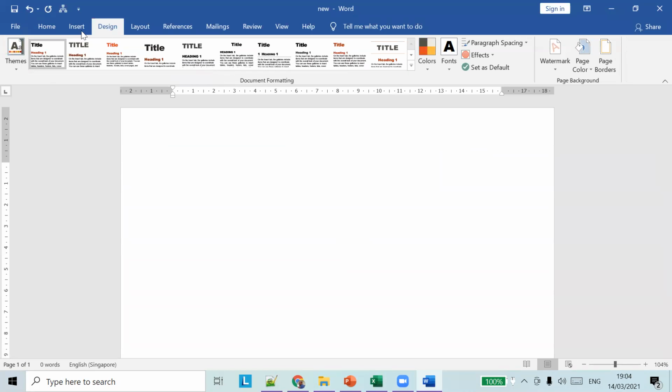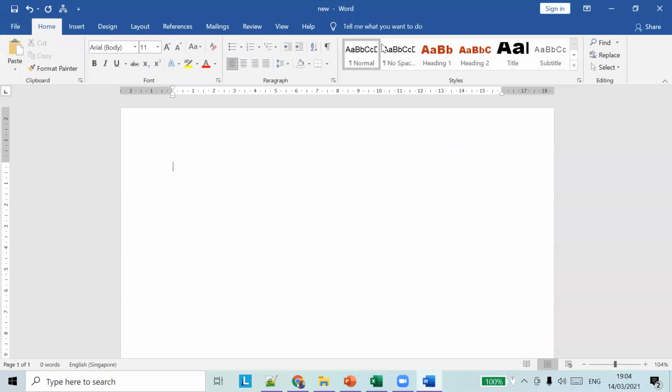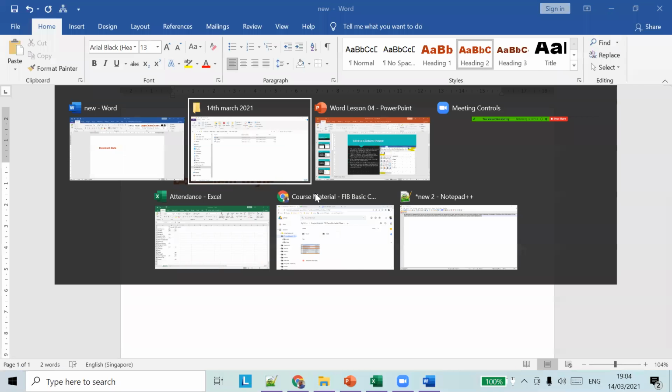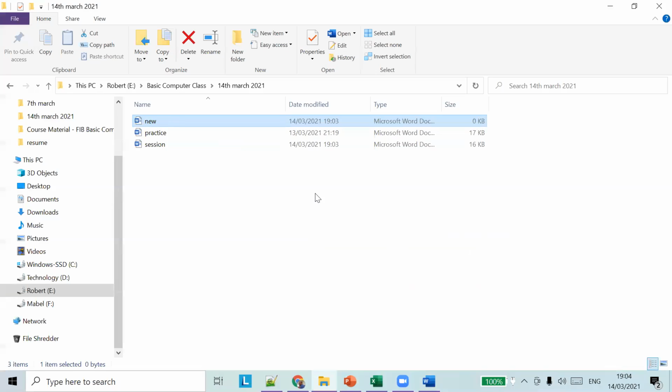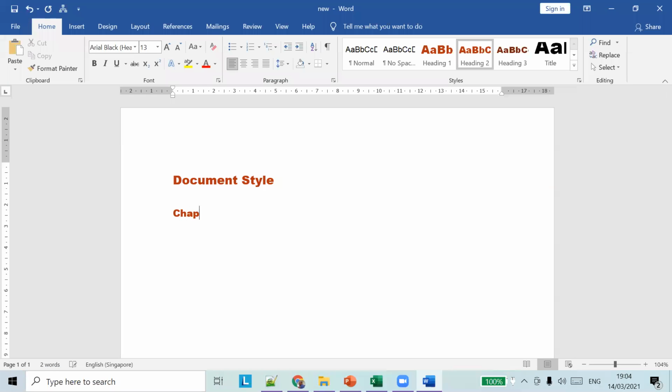I can add a Heading One, let's say Document Style, Heading Two, Chapter One, Heading Three, Subtitle One. I'm giving the same example. This is a paragraph.